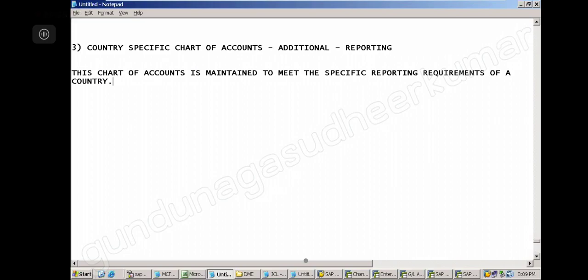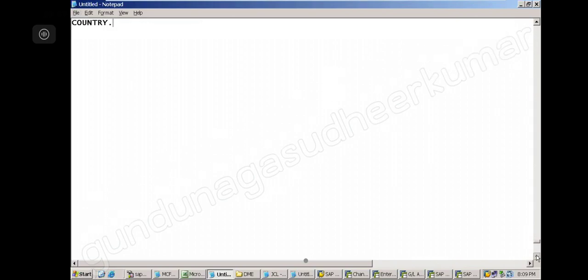Okay. Now next. What are the two conditions for the creation of an open item account?